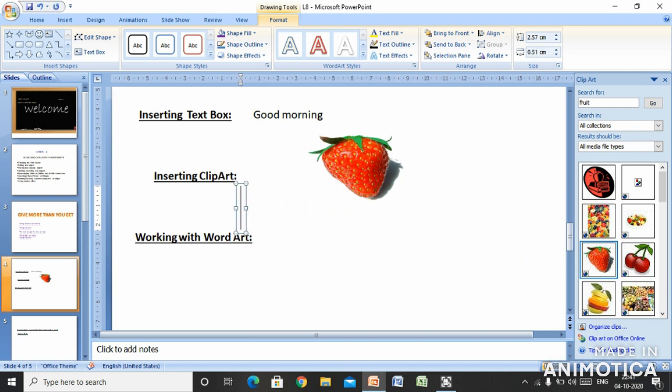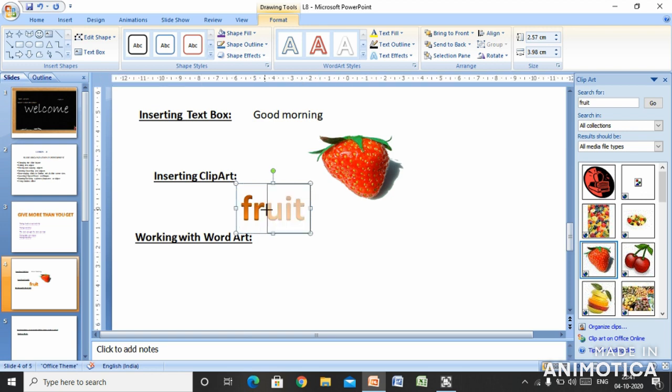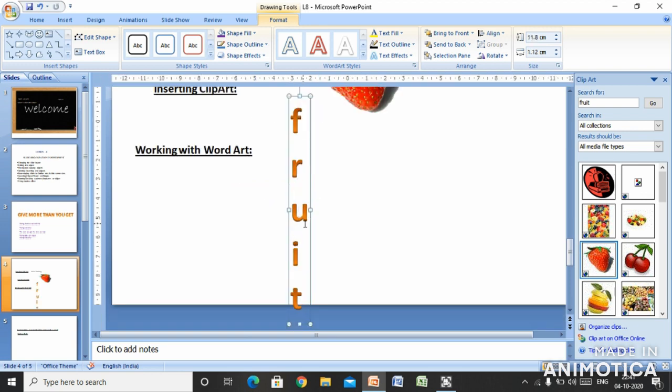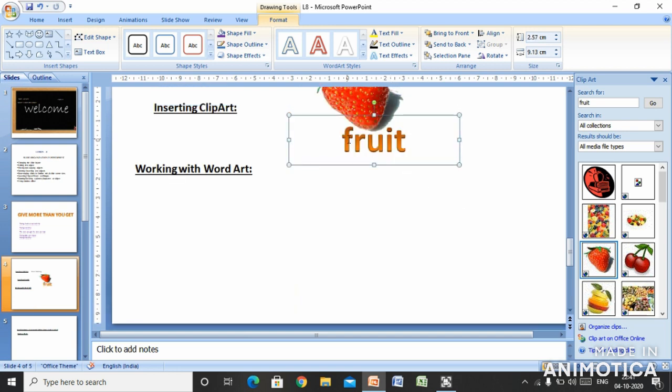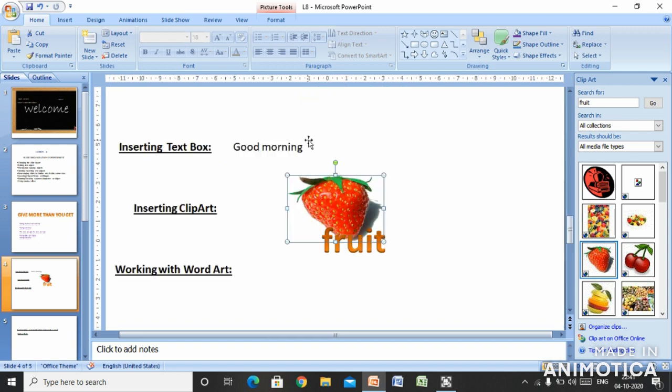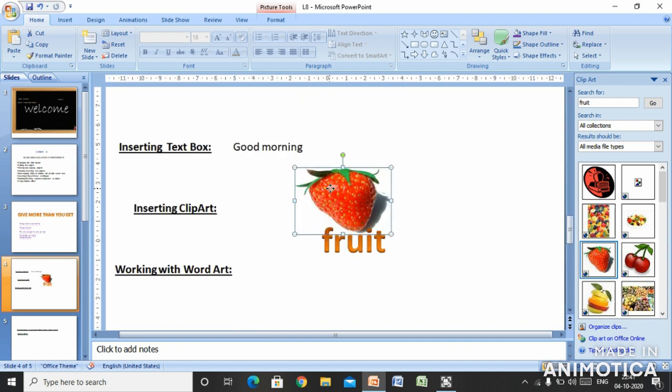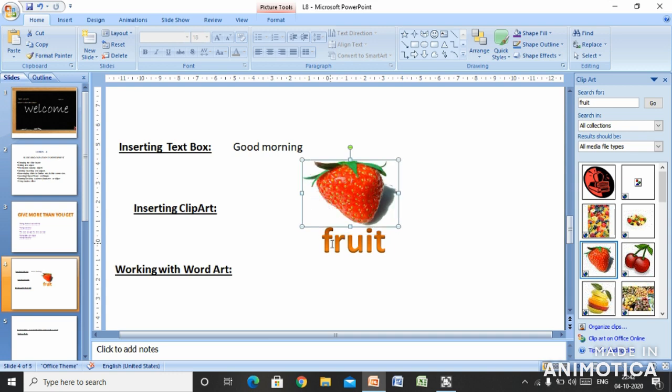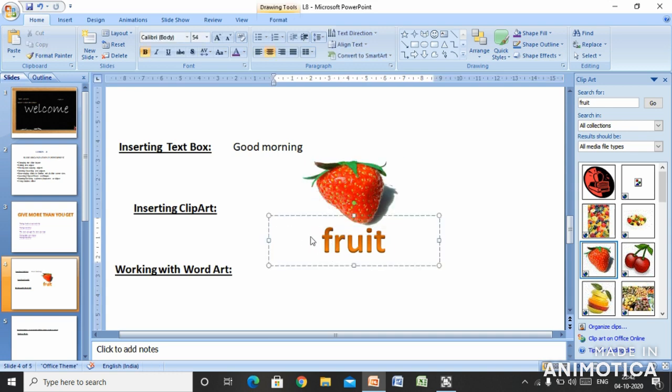You can write here fruit. You can bring it to the desired place. Drag it with the help of the dragging handle. This way we can insert it here and we can place our fruit over here.